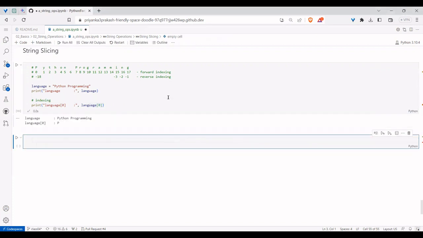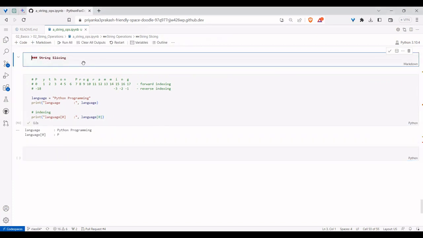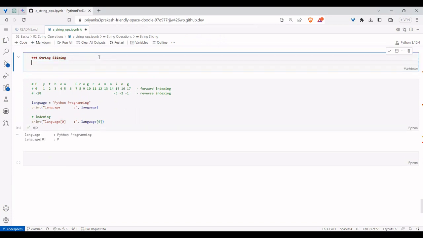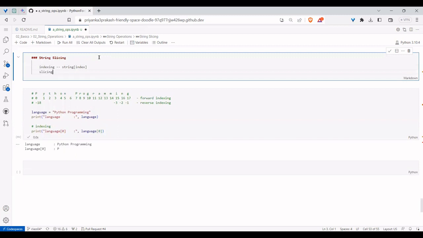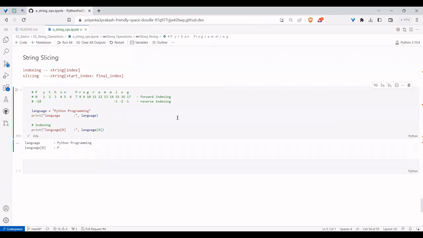For indexing, we pass the string followed by brackets and give the index. Whereas for slicing, you give the string followed by the start and final index. That's the difference between indexing and slicing.